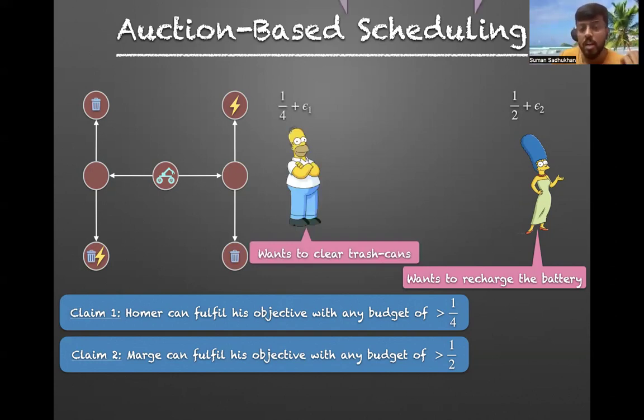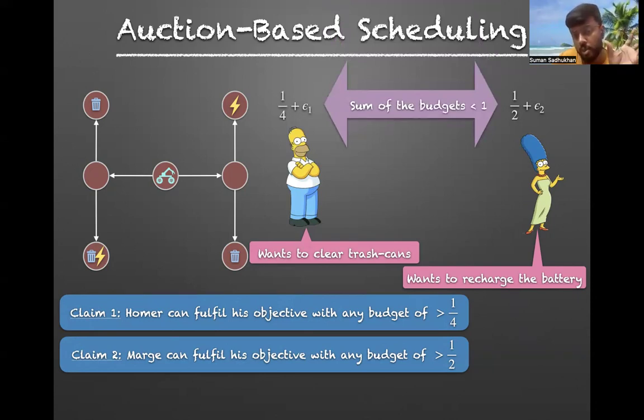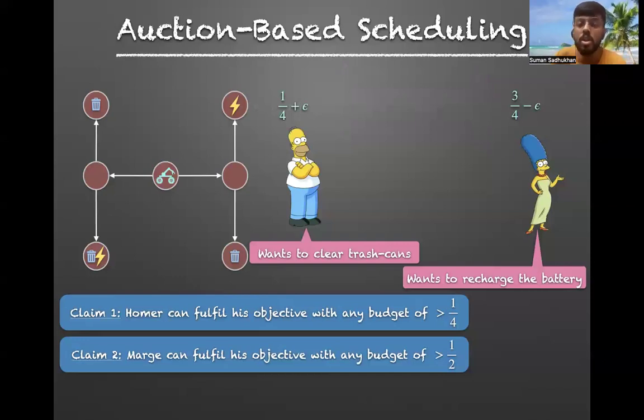That means that if we let them play whatever their winning bidding strategy in their individual game together with each other, then actually at the end both of their objectives will be satisfied. And this is not always the case, but in this example that is the case. That is, we'll distribute the total budget, because the total budget required for them is less than 1. We can actually distribute the total budget